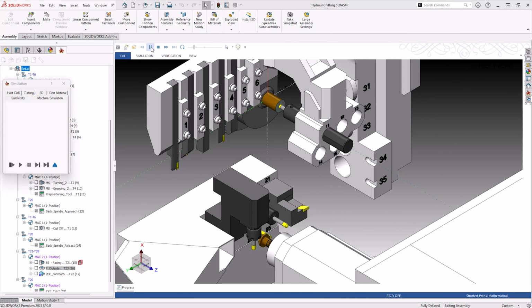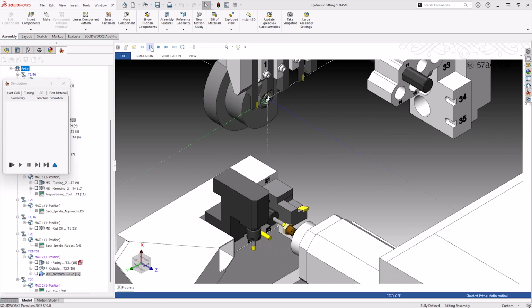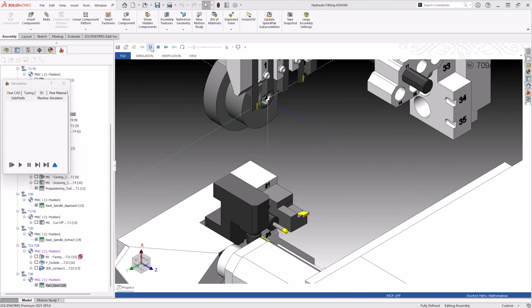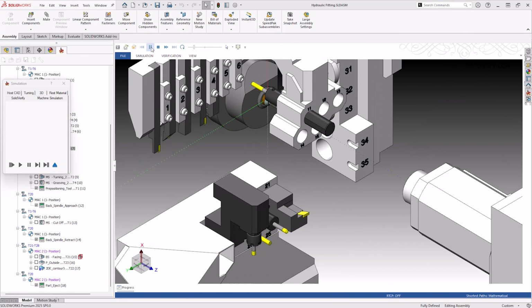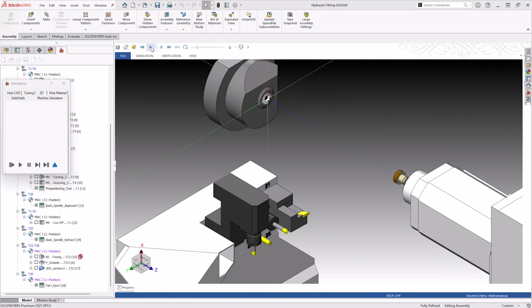We can see as we work through, everything on the sub spindle and Y2 works at once, as well as the main spindle and the main turrets working in synchronicity, making sure that you get your part done as quickly as you can. With the simulation completing and giving us the part we want,